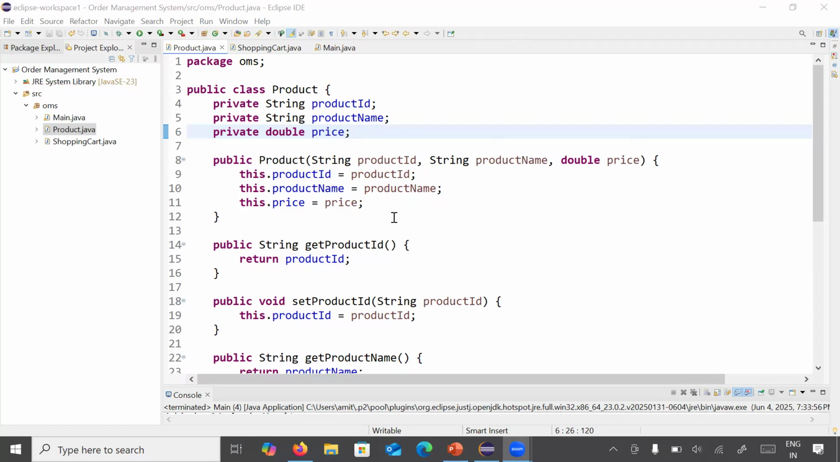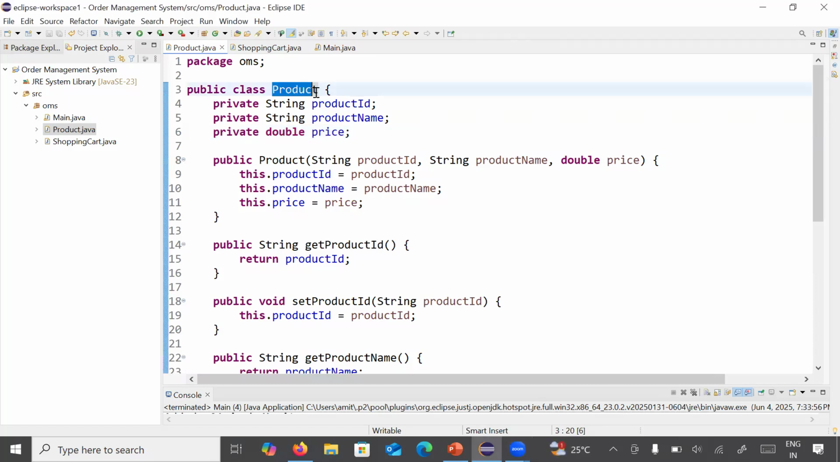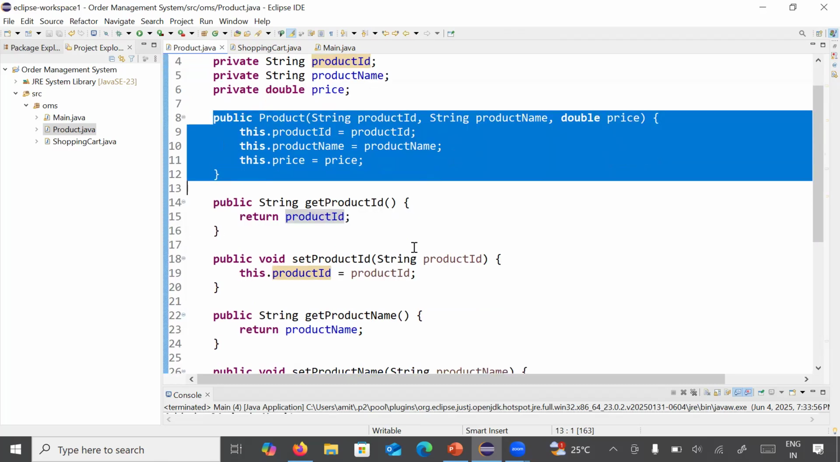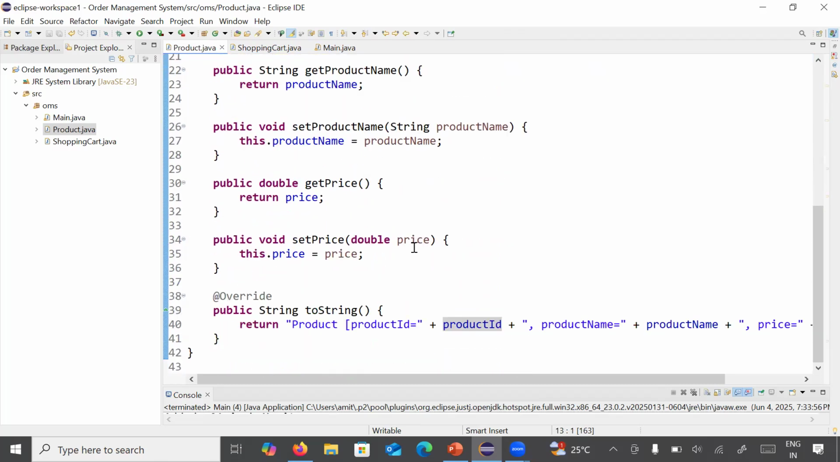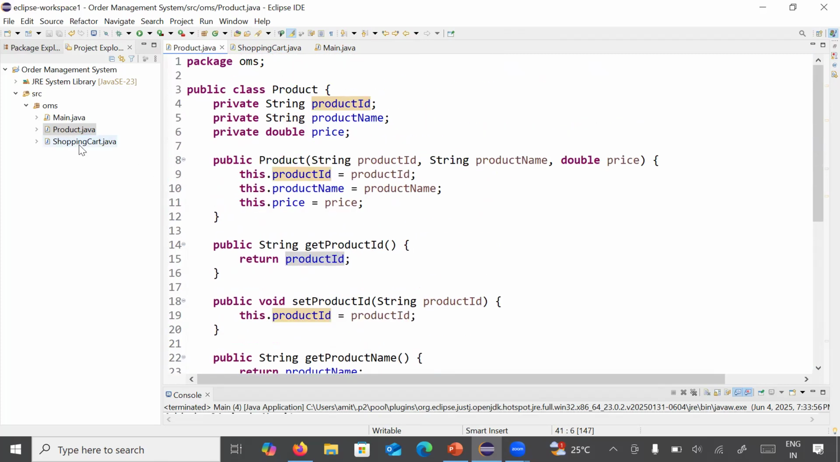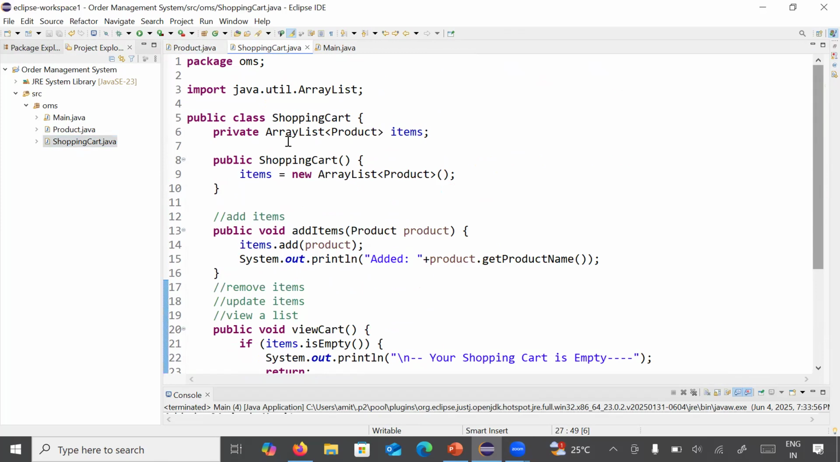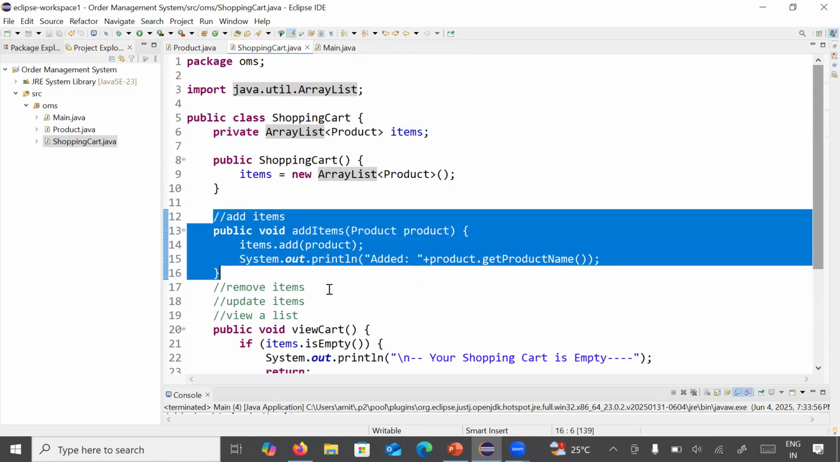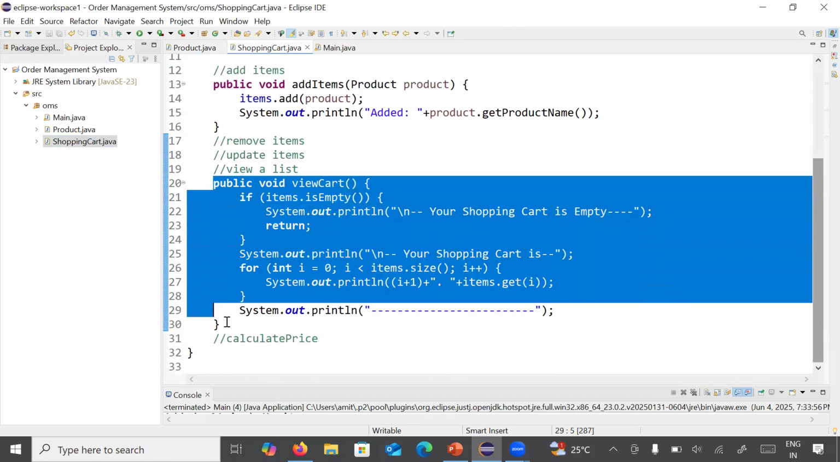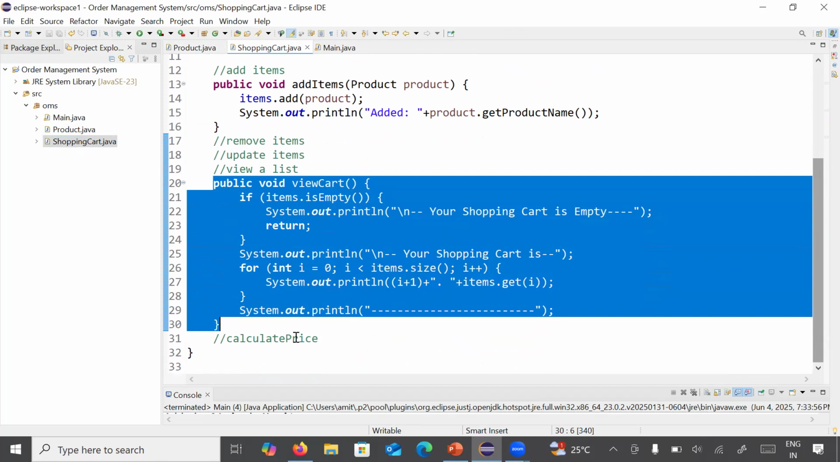In our previous video session, we created a class Product that contains the different attributes of a product. We added a constructor and getter and setter methods along with the toString method. Then the second class we created is a ShoppingCart that contains an ArrayList of products. We added a method that helps us add particular items to the shopping cart, along with a viewCart method